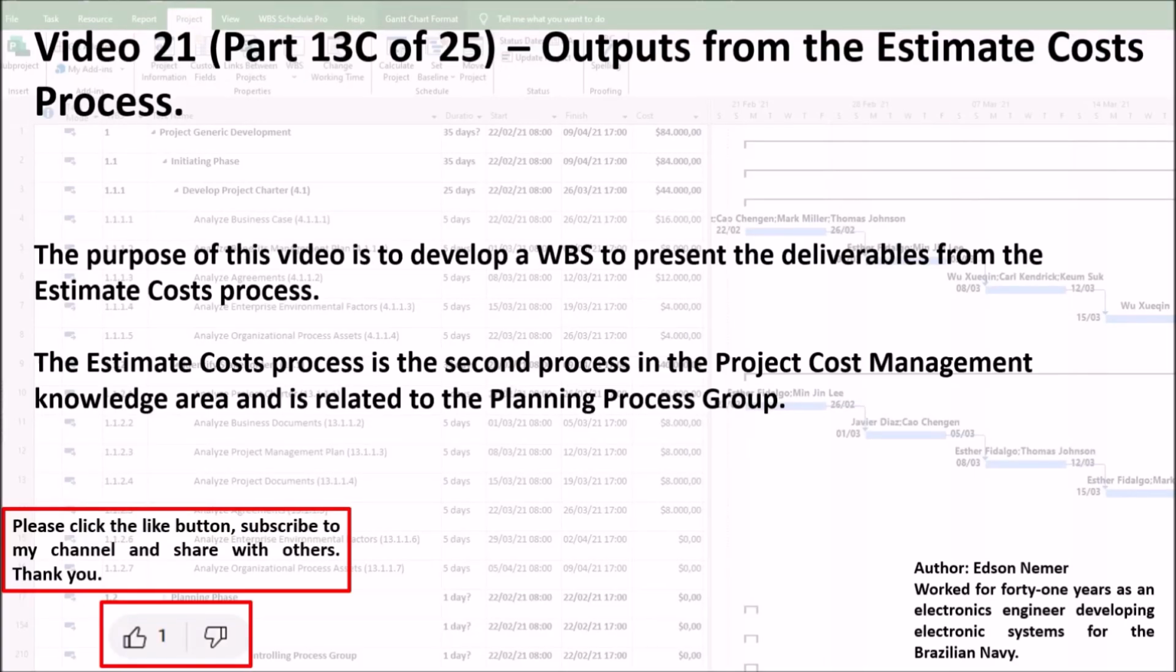Video 21, Part 13C of 25, Outputs from the Estimate Costs process. The purpose of this video is to develop a WBS to present the deliverables from the Estimate Costs process. The Estimate Costs process is the second process in the Project Cost Management knowledge area and is related to the